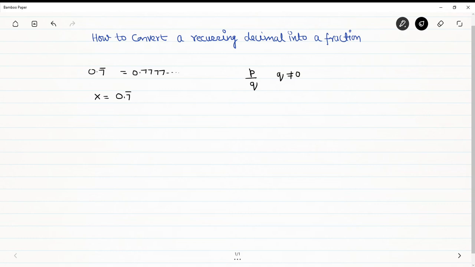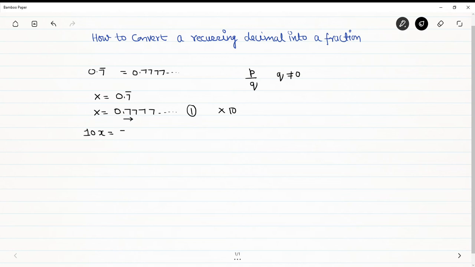This is the simplest one where only a single digit is repeating. So either you write it this way or you can write the same thing as 0.7777 this way. Now we can see that only one single digit is repeating here. So the method goes like this. If only one single digit is repeating, you need to multiply both sides by 10. So in equation 1, I am multiplying both sides by 10. So obviously it becomes 10x on the left side, and on the right side, since I am multiplying by 10, as per the rule, the decimal will shift one place towards this side.